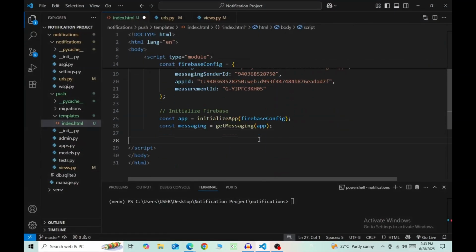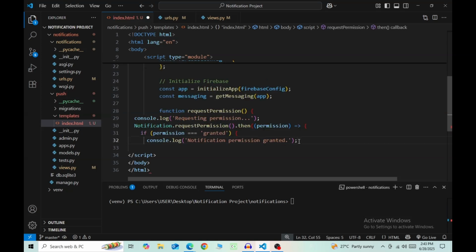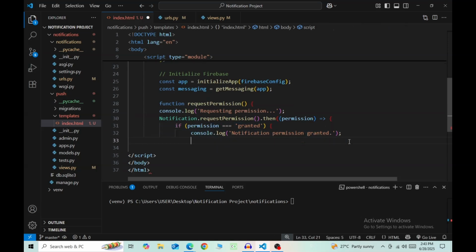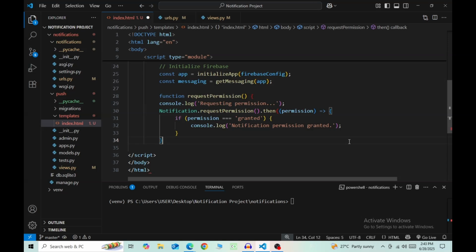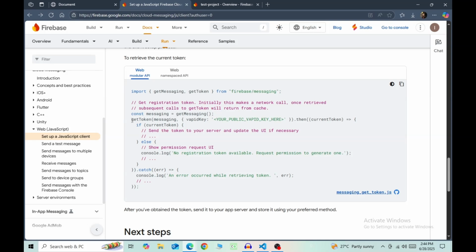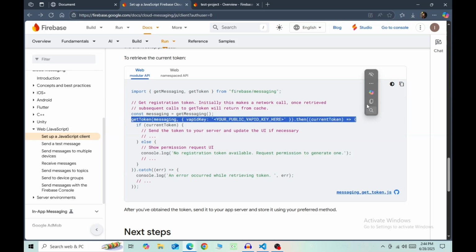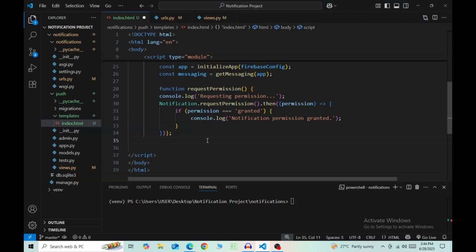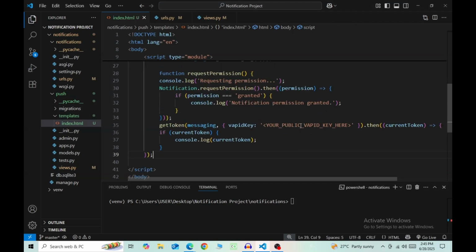Then paste this in here. Need to adjust the indentation and some curly bracket. Done. So now back to the documentation. On this line, get token, messaging and the vapid key, copy this and then paste this in here below the if. Now for this vapid key, go to our app,